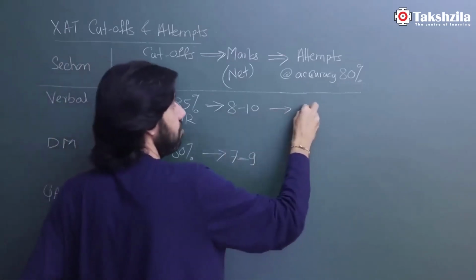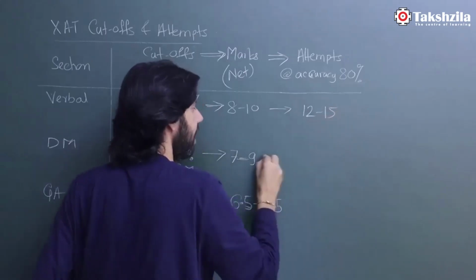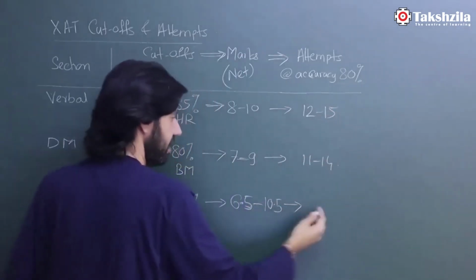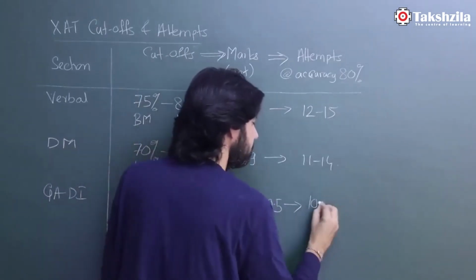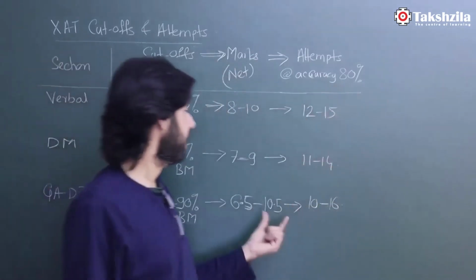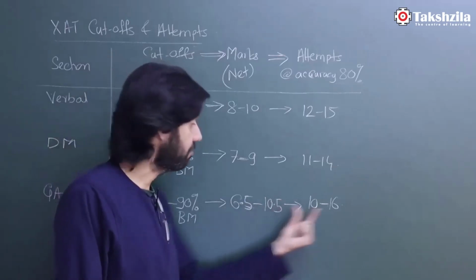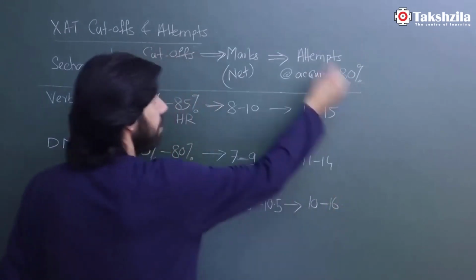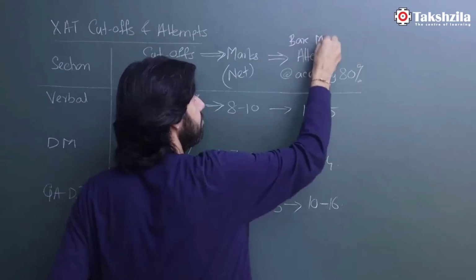this would translate to attempts of 12 to 15. This translates to 11 to 14, and this translates to 10 to 16. So if you can manage an 85% accuracy in quant, you're a boy targeting the BM program, you need to attempt at least 16. Remember, I'll again put this down. These are your bare minimum attempts